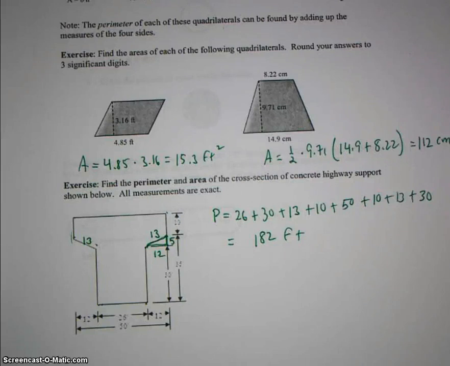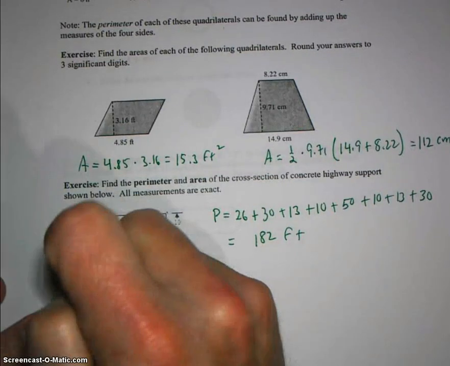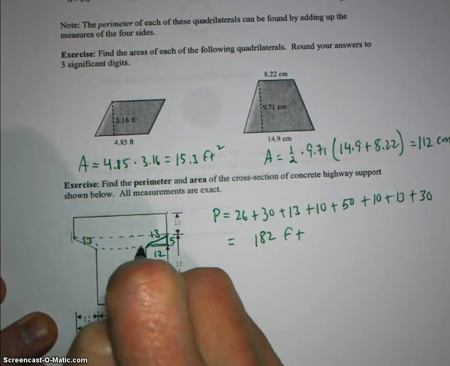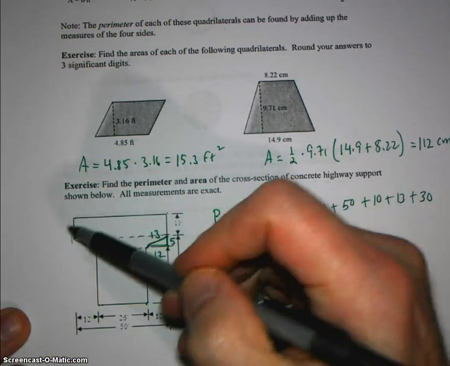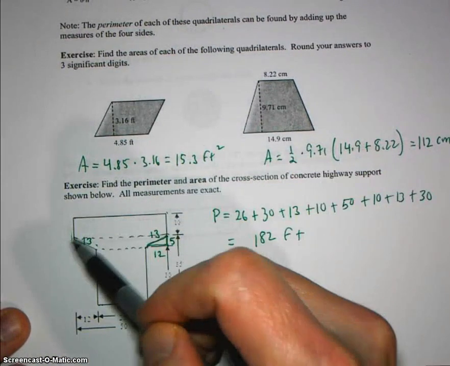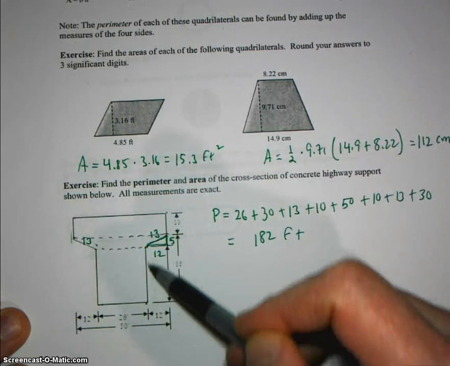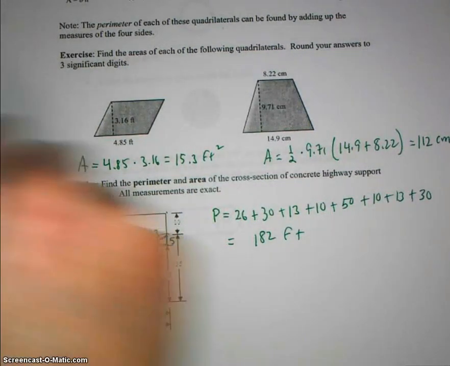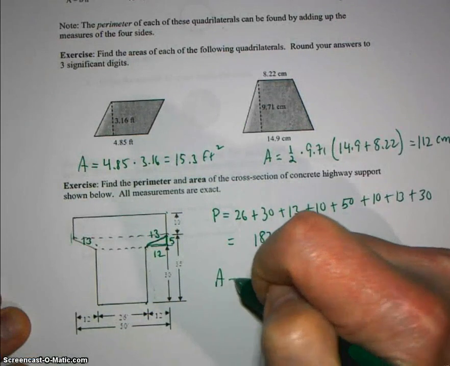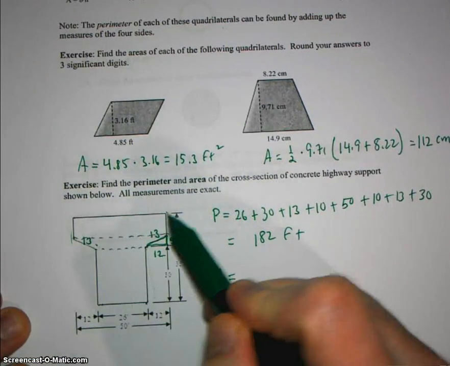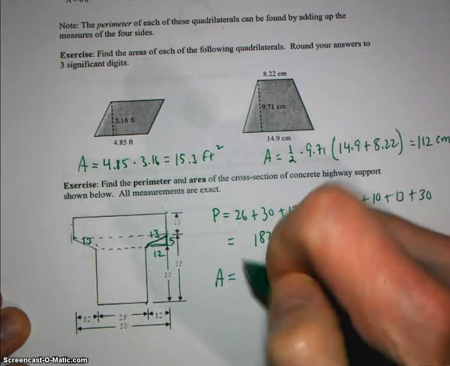All right, now to find the area, I think there's a lot of ways you could do it. What I'm going to do is I'm going to draw a horizontal line here and another one here. So I'm thinking I've got this rectangle here, then I've got a trapezoid, and then I've got another rectangle. So my answer is going to be area is, starting with this one up on top, this is 10 by 50